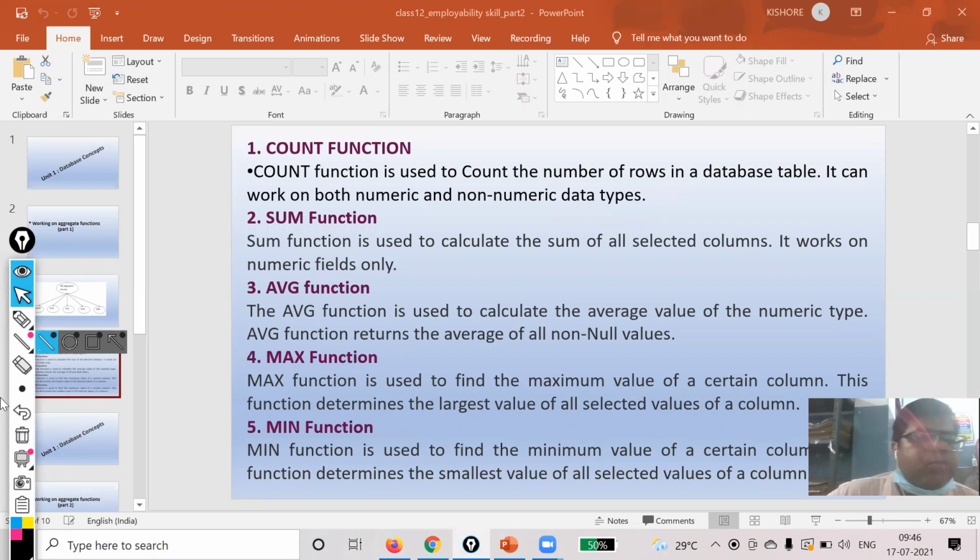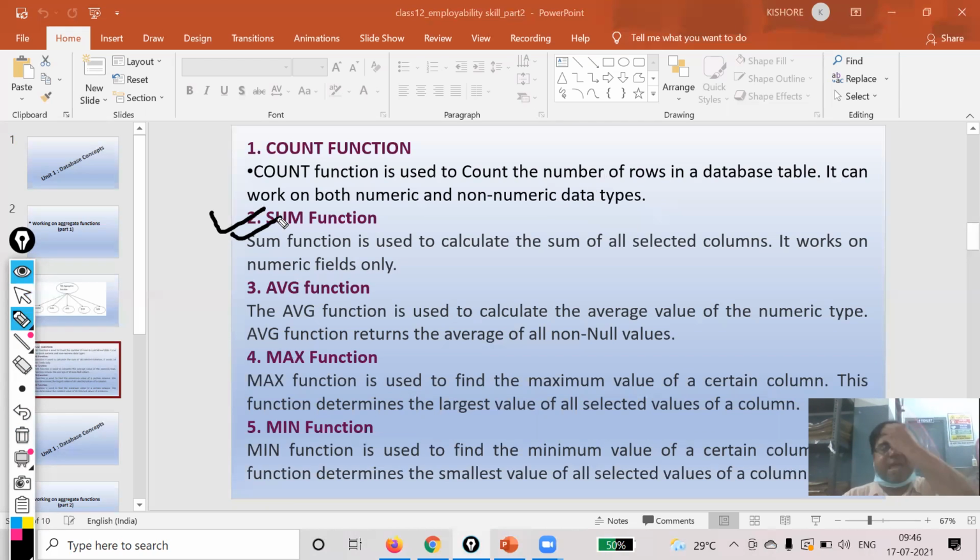Okay. Now, the next function is the sum function. Suppose you have salary in a table, and you want to know what the total salary should be of all the employees. Like, I'm in an organization, and I'm going to prepare the salary of each and every employee.